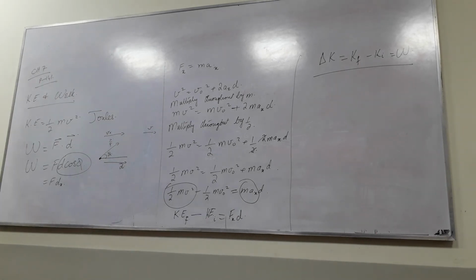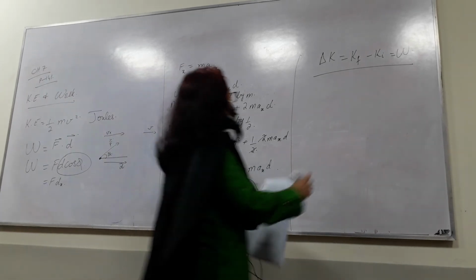Again, remember in your book, for example, in some books they are using KE to represent kinetic energy, and here in this book they are using just K, capital K. So just understand the symbols that are being used, and if you don't understand them, go to the beginning of that topic and you will see that every symbol has been defined, okay? Okay, so we have established this work kinetic energy theorem.